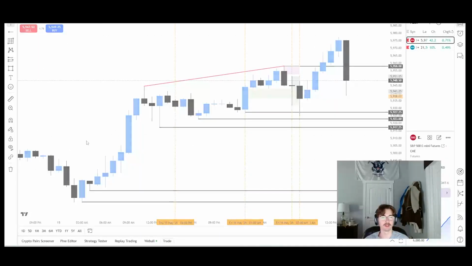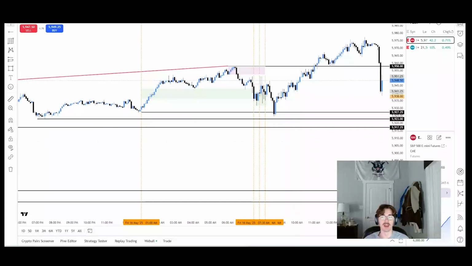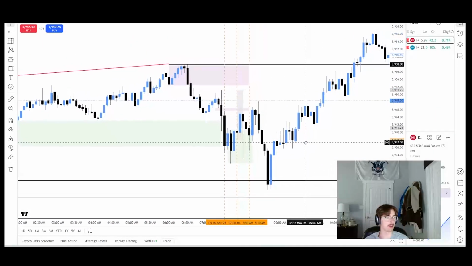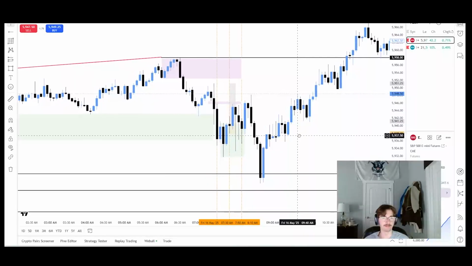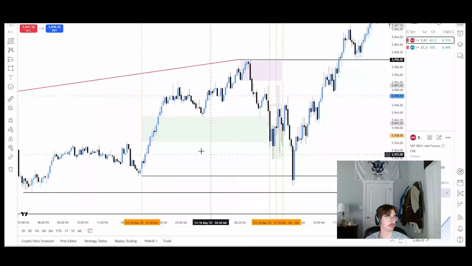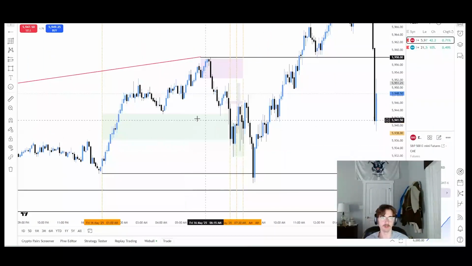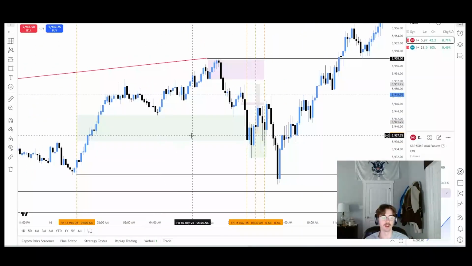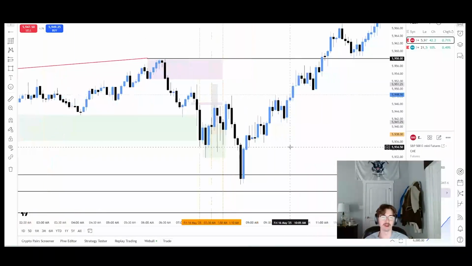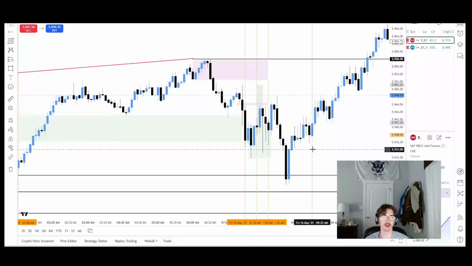From that information, I knew there was probably going to be some type of sell-off, some type of lows to be swept. Right about market open, price starts to sell off and takes out a lot of low time frame liquidity. I'm on the 5 minute chart right now. There's also a 1 hour fair value gap right here, and I have a 5 minute order block right here.